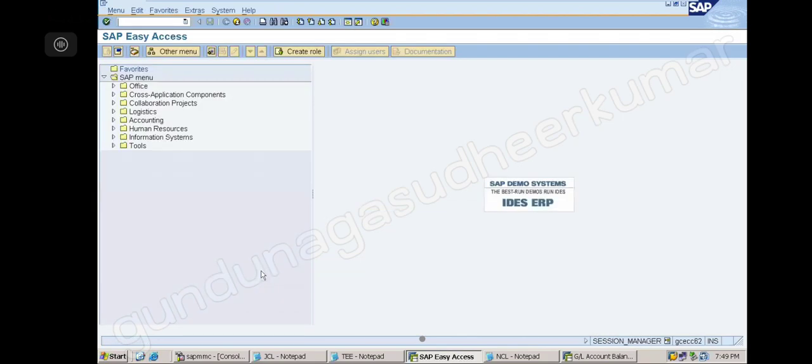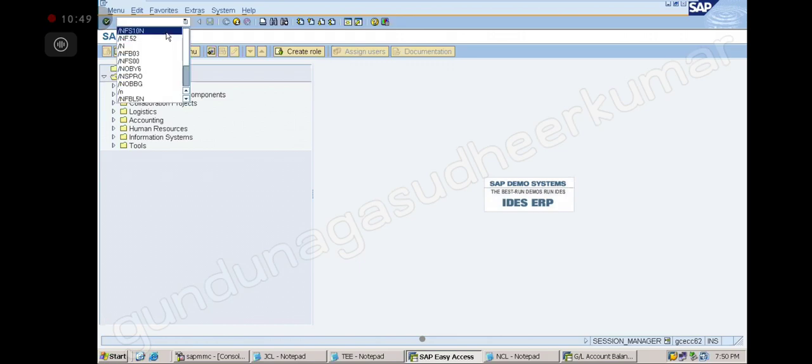Exit, back. On what date will it post this December interest? It will post on 31st December. Not on 31st December, right? Because if it posts on 31st December, how can it calculate the 31st date interest? It will be 1st January, correct?